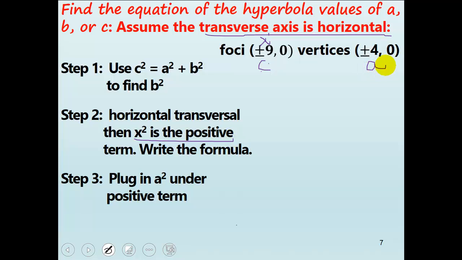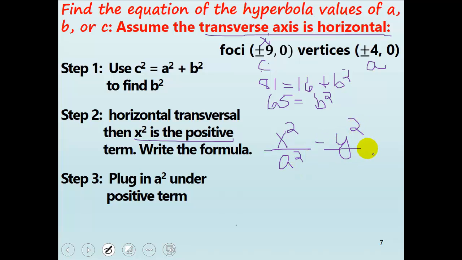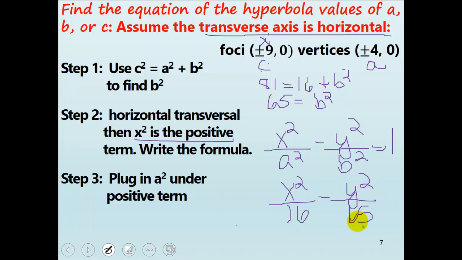Now we have to find b squared, so we're going to use this equation. I have c squared, which is 81, equal to 16 plus b squared. When I do that math, I get 65 is equal to b squared. X is my positive term, so a squared has to go under that. The size of the denominators doesn't matter for a hyperbola, that's only on an ellipse. So now I have x squared over 16 minus y squared over 65